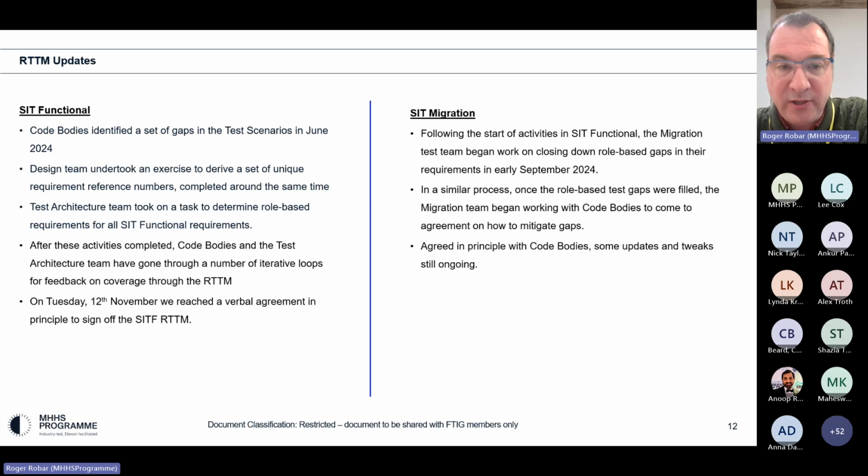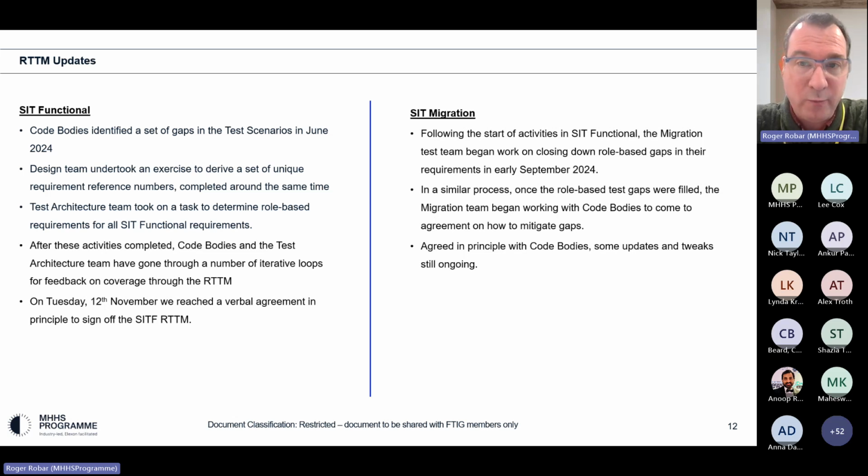SIT migration, same idea. Early September is when we started looking at SIT migration. Once we filled the role-based test gaps and we knew what we were adding to scope, the migration team began working with code bodies to come to agreement. And we have agreed in principle with the code bodies around the SIT migration RTTM. As of last week, there were still some updates and tweaks that Ankur has been working through diligently.